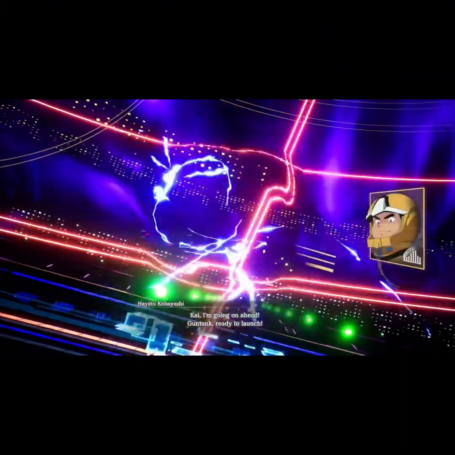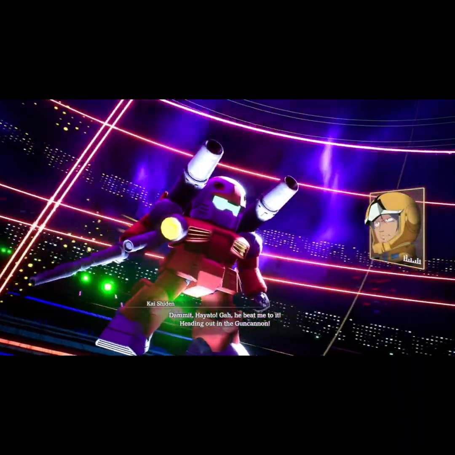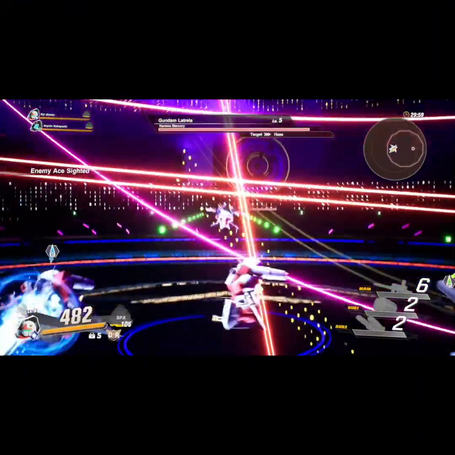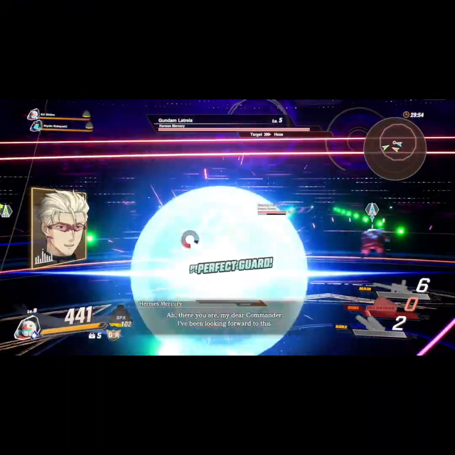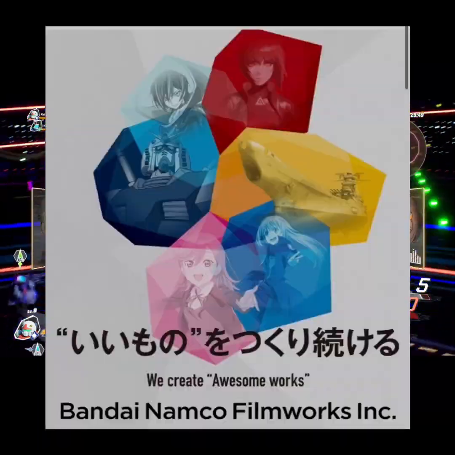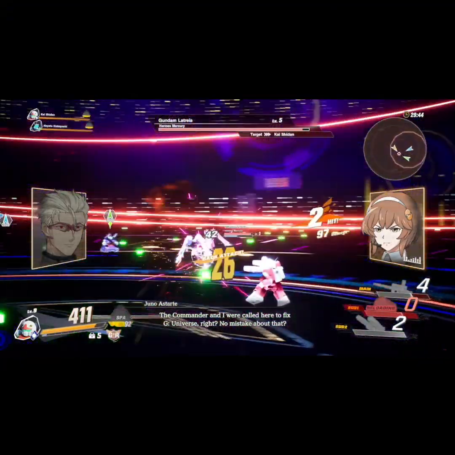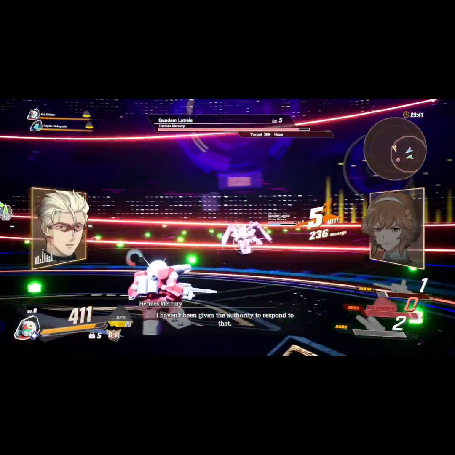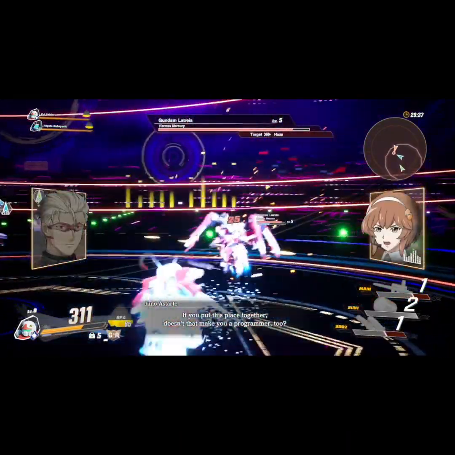Gundam has amassed a large following since its initial release. I think most people know what Gundam is, but for those who don't, it's an anime centered around giant mechs fighting, super weapons, and politics, or more specifically, it's a Japanese military science fiction media franchise. The franchise took off in 1979 when its creator, Yoshiyuki Tomino, and Bandai Namco Filmworks, formerly known as Sunrise, aired its first episode of the original series, the series being Mobile Suit Gundam, the episode being Gundam Rising, on April